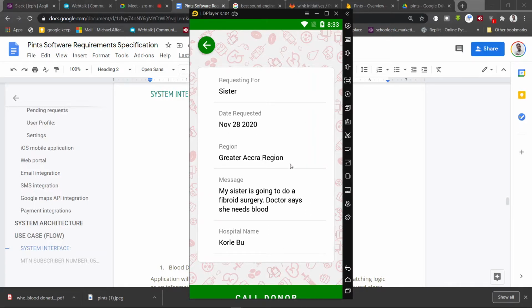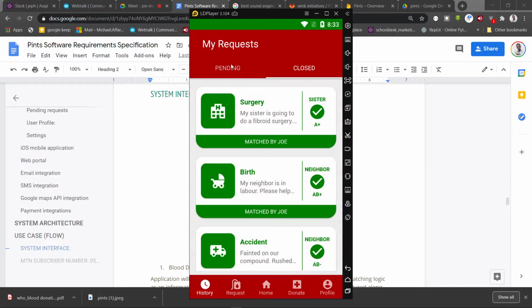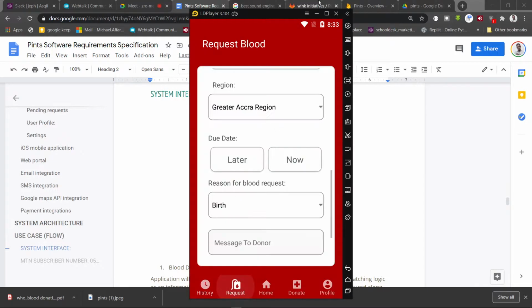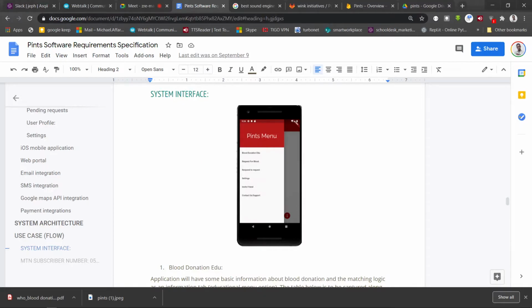So it's a very sleek and simple design, and I'm grateful for the work that has been done so far. We've been engaging with these developers on WhatsApp, and whenever I need expert advice from my lecturer, I contact him on Slack.